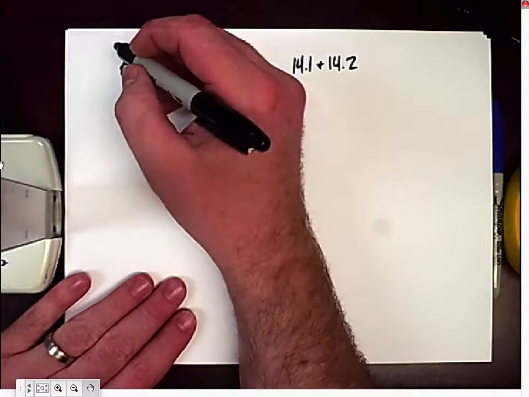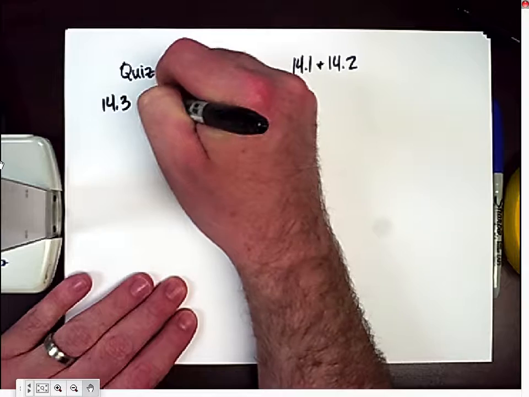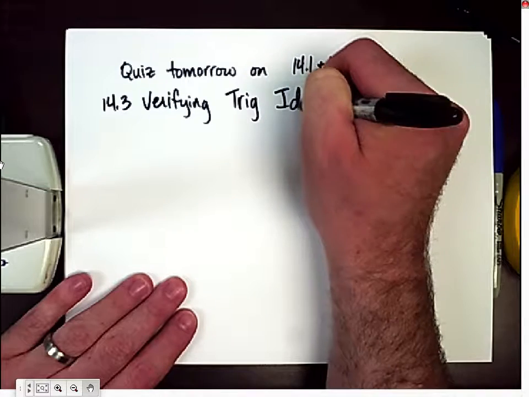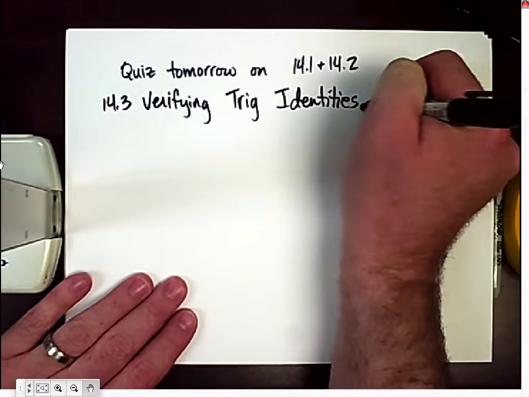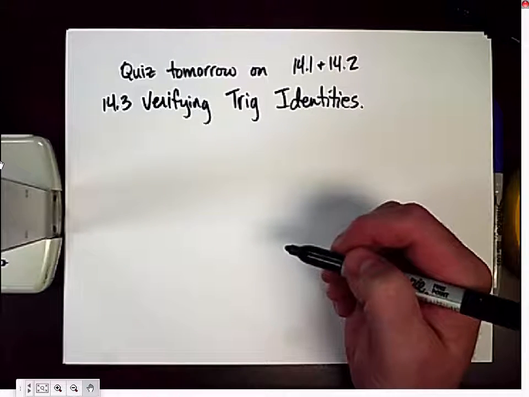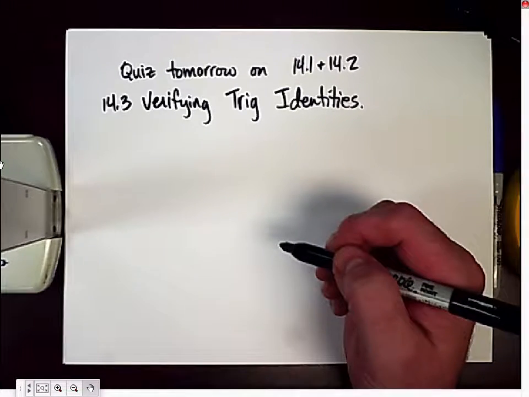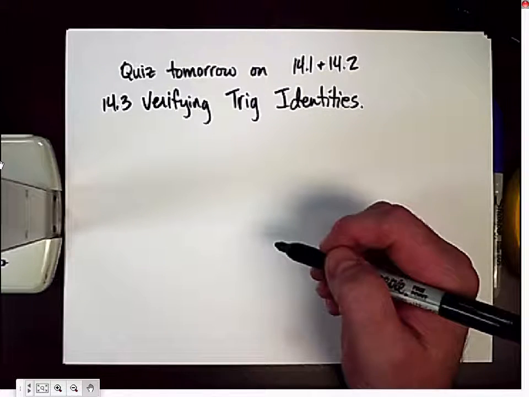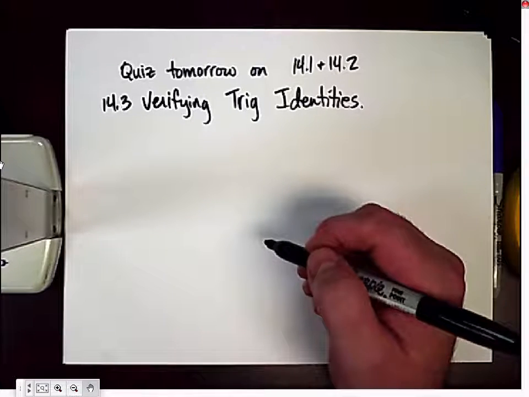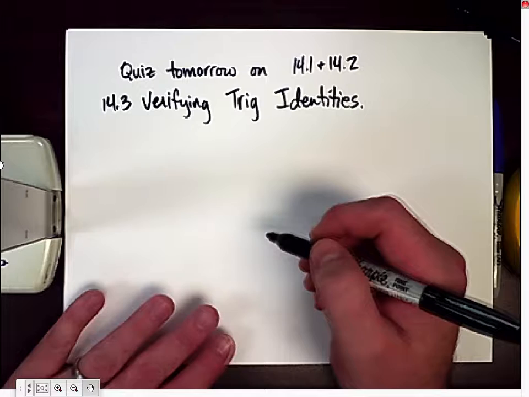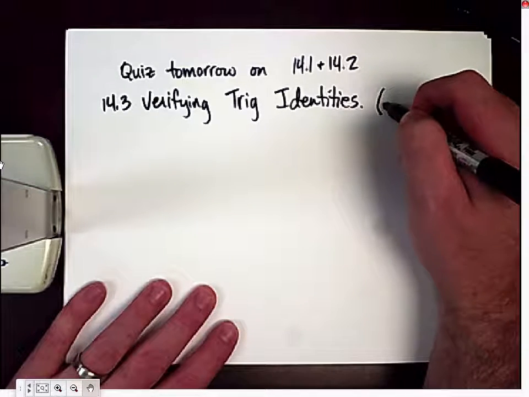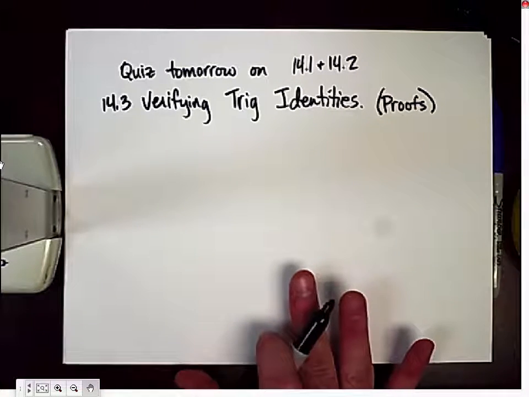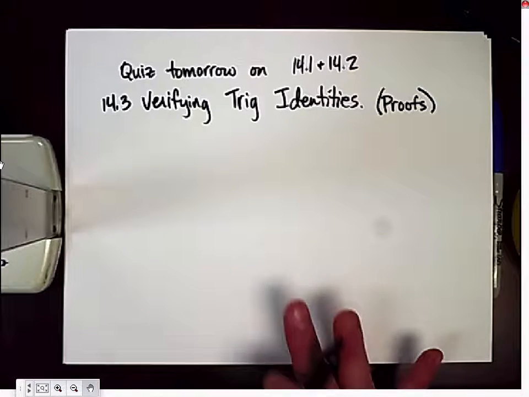Today, 14.3 is verifying trig identities. And I started this at the end of the lecture that we did on Friday, or that I recorded for those of you that weren't here. These are really algebraic proofs. Okay? But they flow a lot differently than geometry proofs. Okay? So,